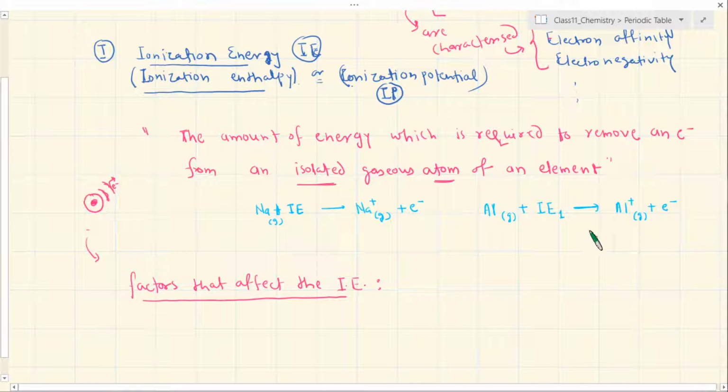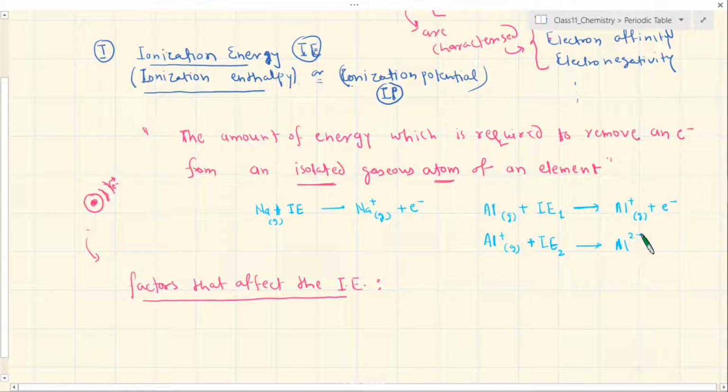But aluminium will be stabilized better when it reaches a valency of 3. That means you can sequentially remove 2 more electrons so that an octet kind of electronic configuration around the aluminium can be achieved. So from aluminium plus 1, which is a gas, you have to supply more energy to remove the second electron, and let me call how much energy you have to supply IE2. So I am referring to IE1 and IE2 to discriminate between the removal of the first electron and the second electron.